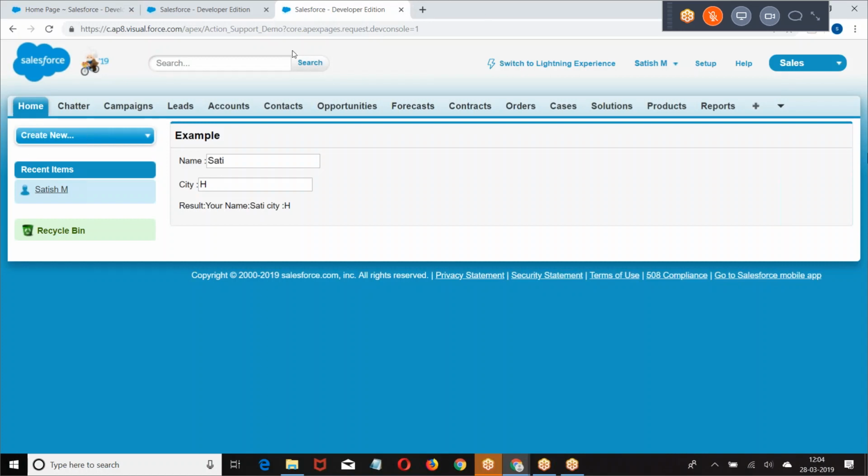Now, here I want to call the method. I define action support for name. Even for city, I applied one more action support. Like that, if you want to invoke a server-side action when an event occurs, within every element I have to define one action support. So we are writing it a number of times.